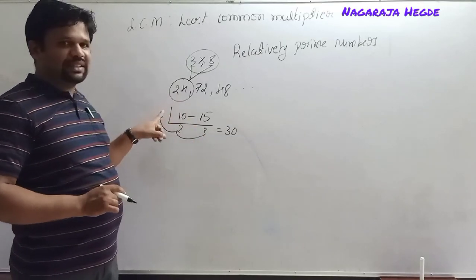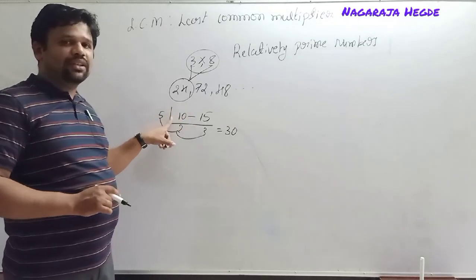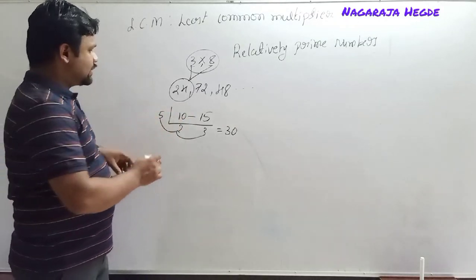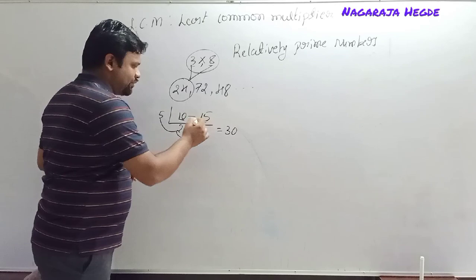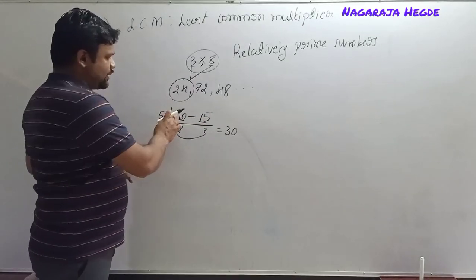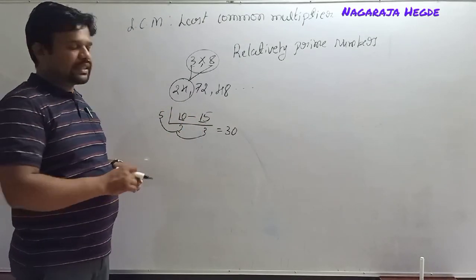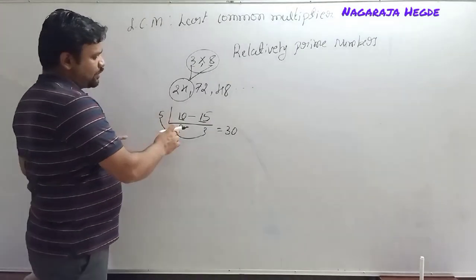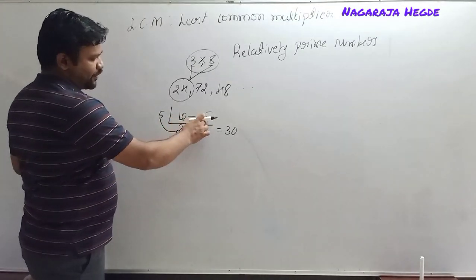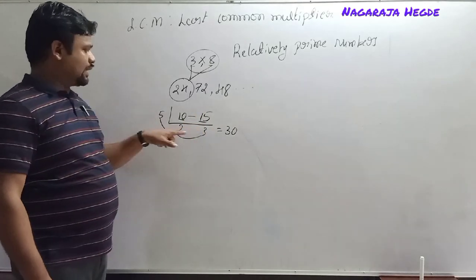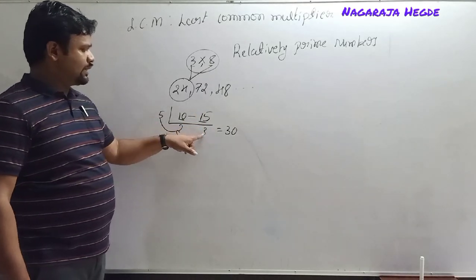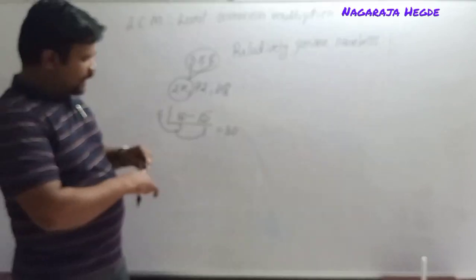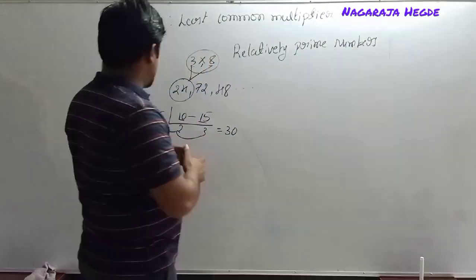So we can apply this method if these two numbers have a common factor: find the number which is divisible by both. So here 5 is the common factor. Divide 10 by 5 to get 2, divide 15 by 5 to get 3. Now we can't continue. So 5 twos are 10, 10 threes are 30. Next, I will take another number. One more example I will take.